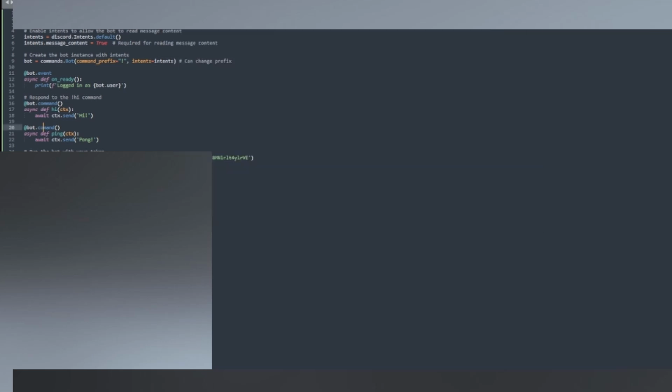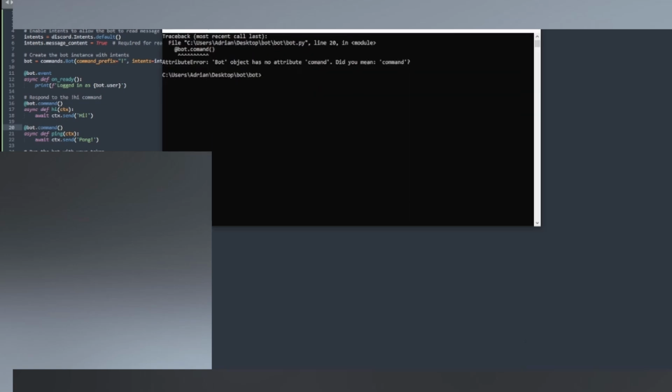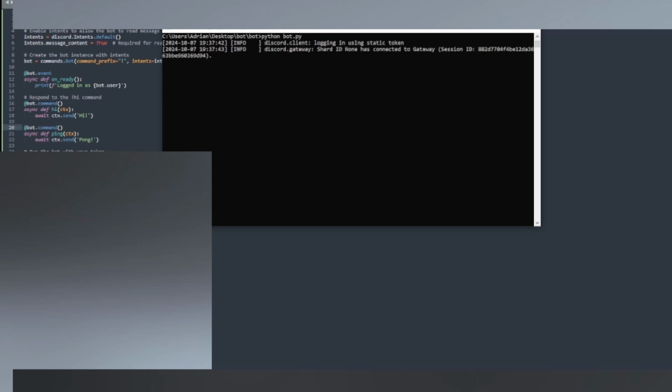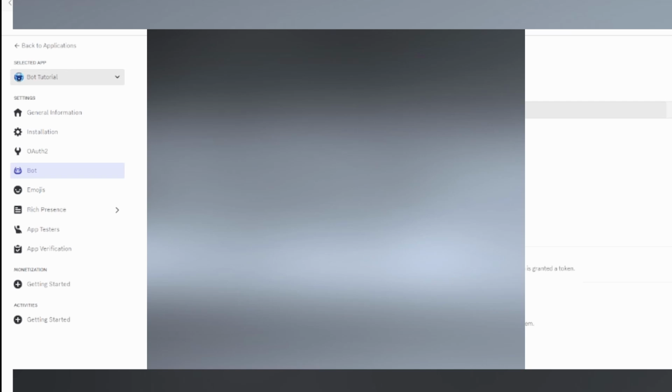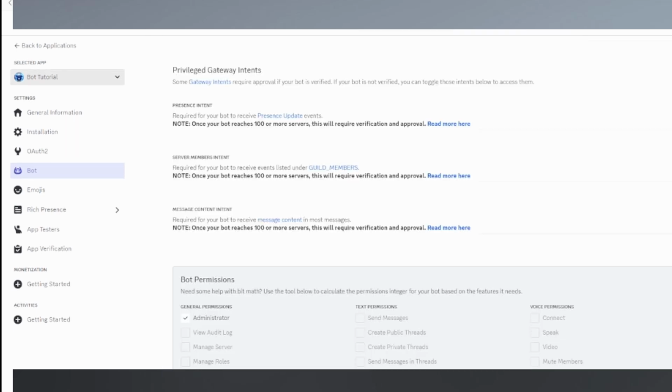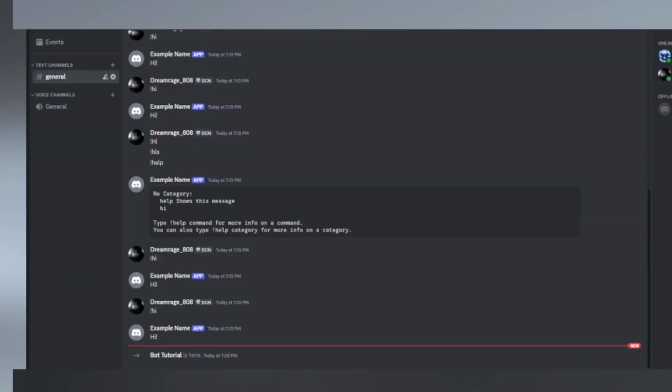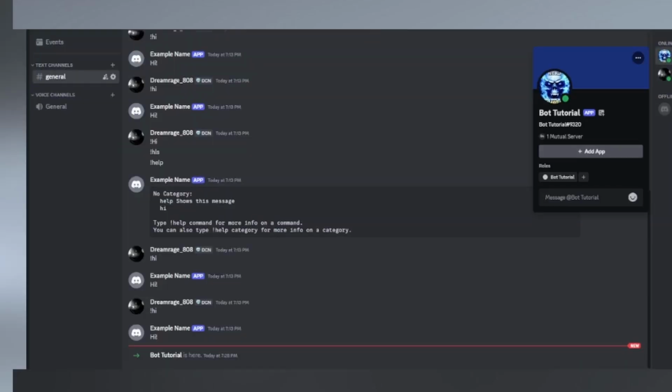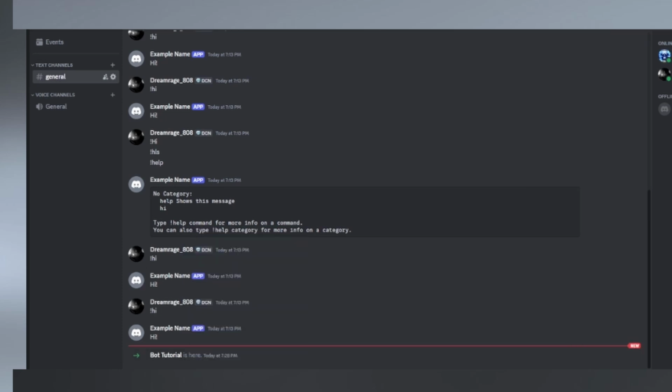Oh, yeah, I made a mistake. Let's try this again. Alright, anyways, python bot.py. And now what will happen is it will log in. So it'll say logged in as bot tutorial 9320 or whatever. And that's good. So now if I go back into my server, bot tutorial is now online, and it says that it's here, and now I can execute the commands